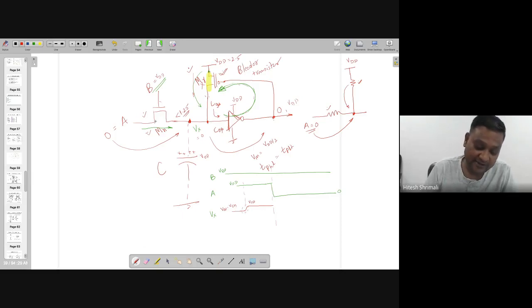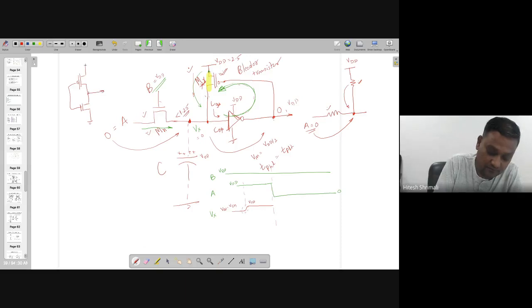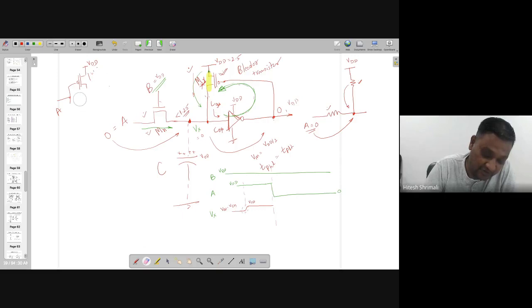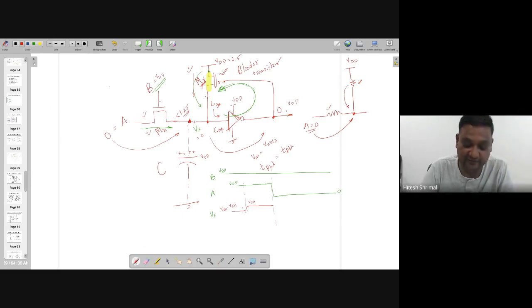So unlike the case of the inverter, where we were keeping the W by L of this transistor, the MR transistor, if you remember, we used to do this one. The W by L of NMOS and PMOS have this relation, some number beta. Beta is actually the mobility, right? So the PMOS transistor was always larger than the NMOS transistor because of the lower mobility, and you are adjusting with the ratio of mobility of PMOS to NMOS. But here we don't do that, because if you do that, this particular node will never reach 0